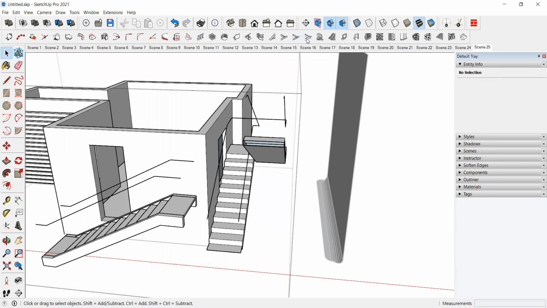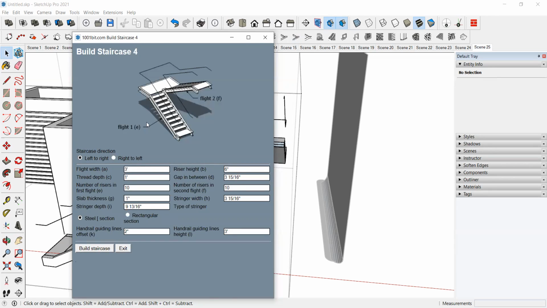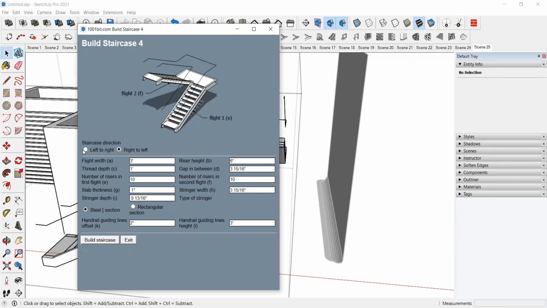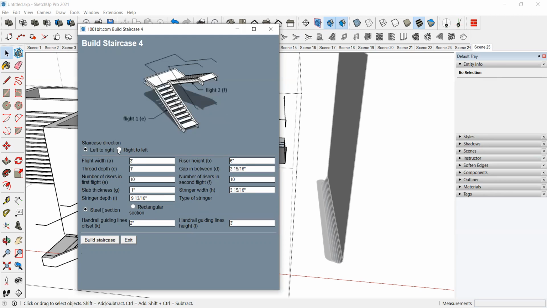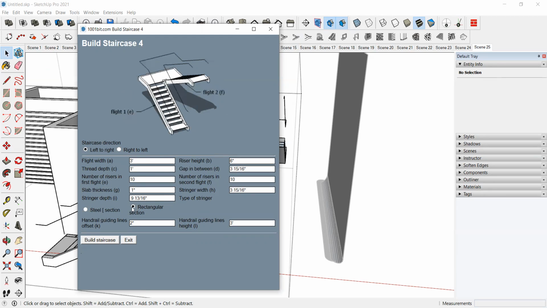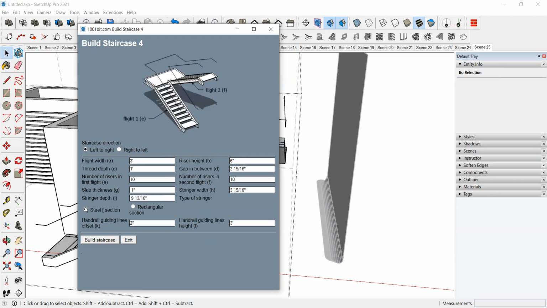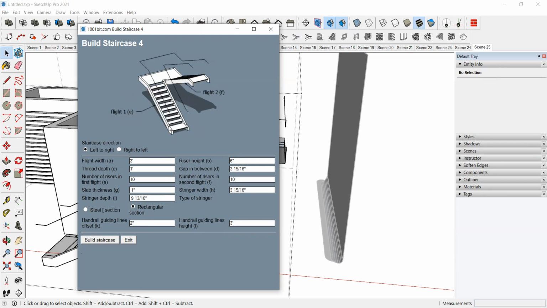And third one is for timber, or else we can consider it as a steel staircase or iron one. So rectangular section or steel section, we have steel it will come, and rectangular it will come in this shape, closed surface. So build staircase.